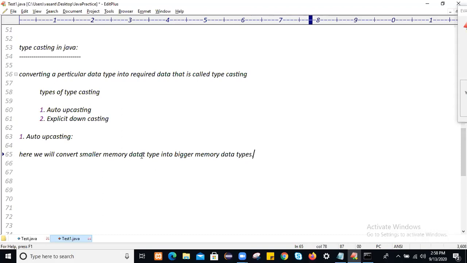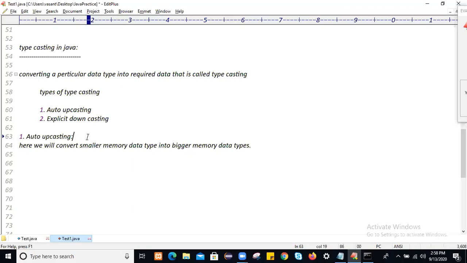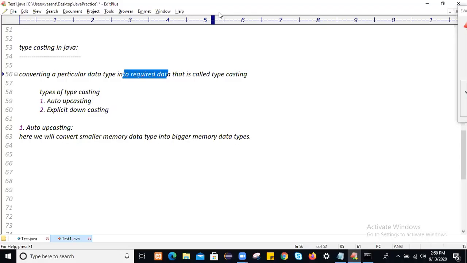Converting a smaller memory data type into a bigger memory data type is called auto upcasting. Let's go with practical. Write first: converting into the required data type is called typecasting. Okay, let's move with practical.